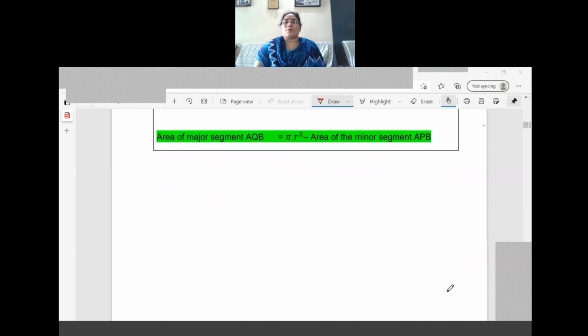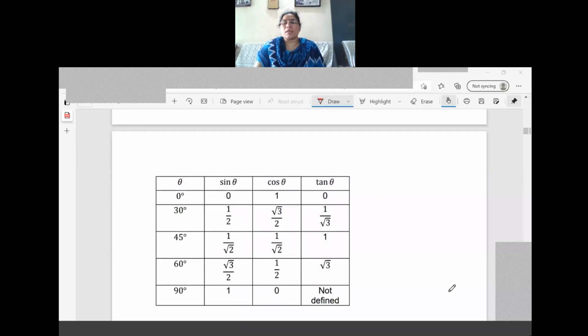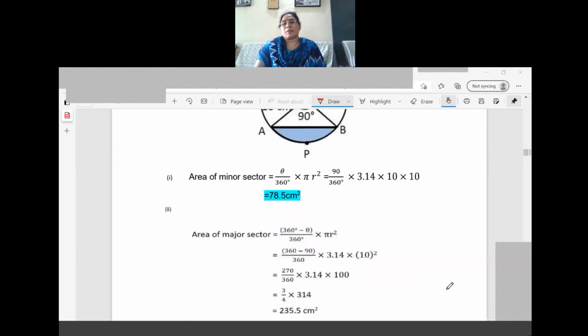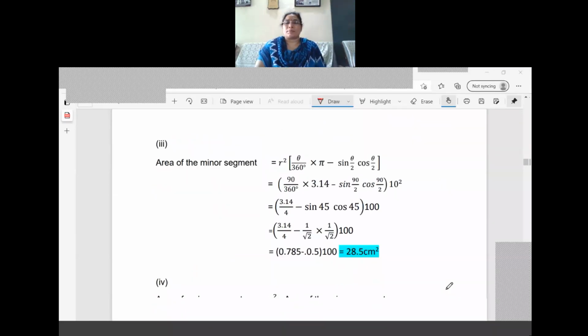Then we have learned the values of sine theta and cos theta for the angles 0, 30, 45, 60, 90. Sine values are 0, 1 by 2, 1 by root 2, root 3 by 2 and 1. Similarly, cos theta values, starting from 1, are root 3 by 2, 1 by root 2, 1 by 2, 0. I think all of you have learned these values, and then we can do this type of question easily. Right? We already completed two examples. Now let me continue with the third example.